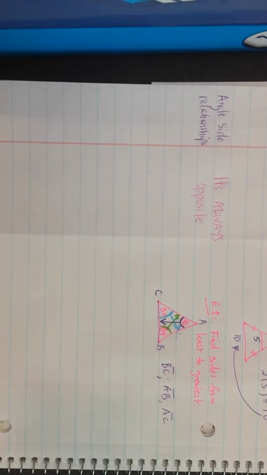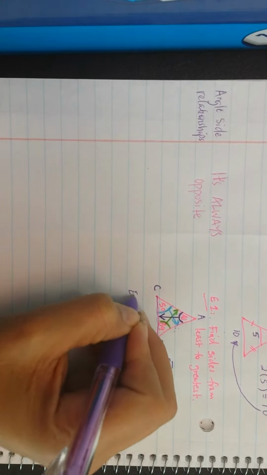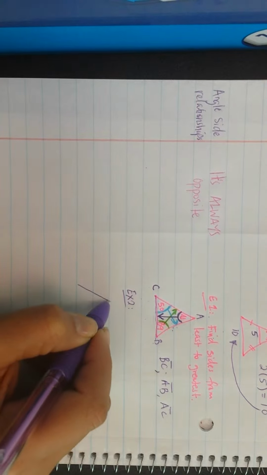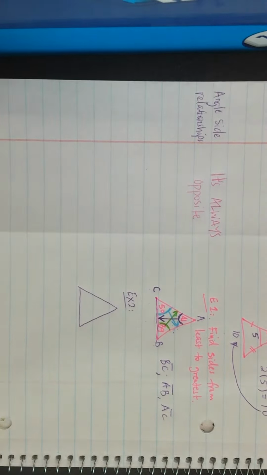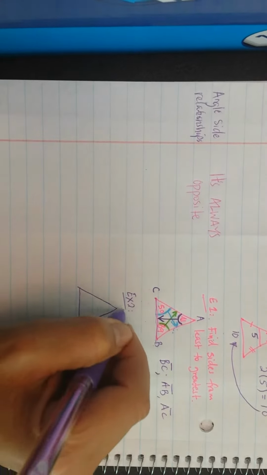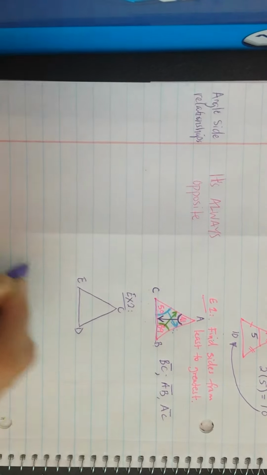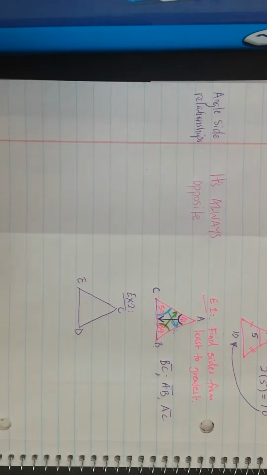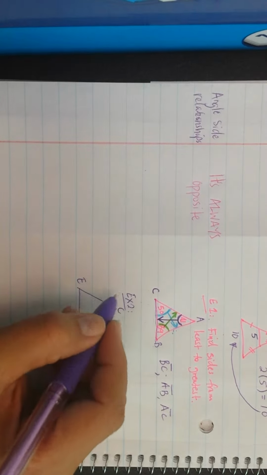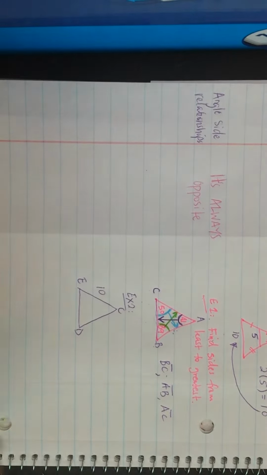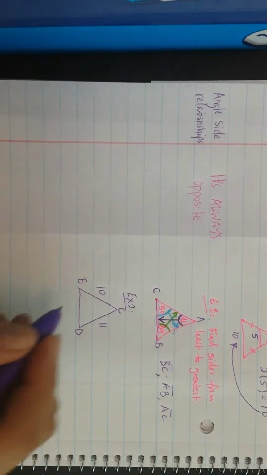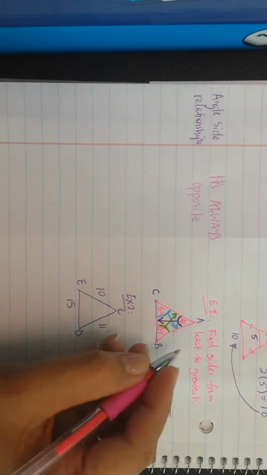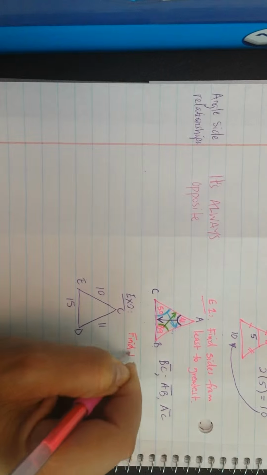So let's take a look at another example. Example 2 for angle side relationships. Draw me another triangle. Let's say this triangle is CDE. Now instead of being given angles this time, let's say you're given sides. Let's say CE is 10, CD is 11, and DE is 15. And now the question is, find the angles. So we were given the sides, but this time find the angles